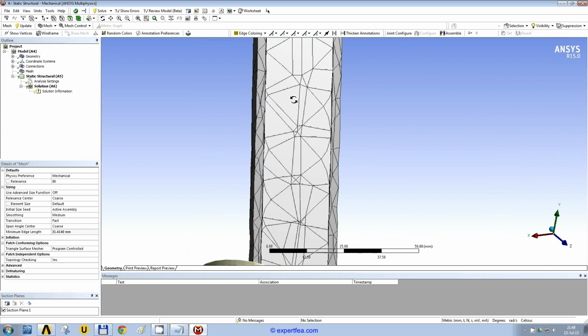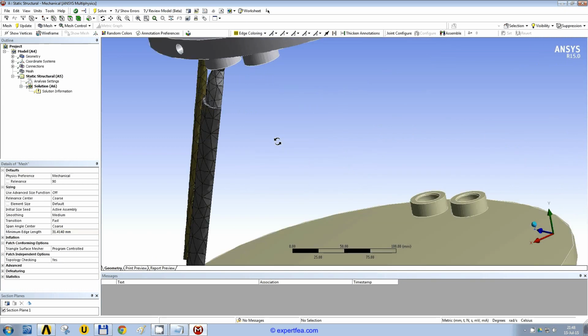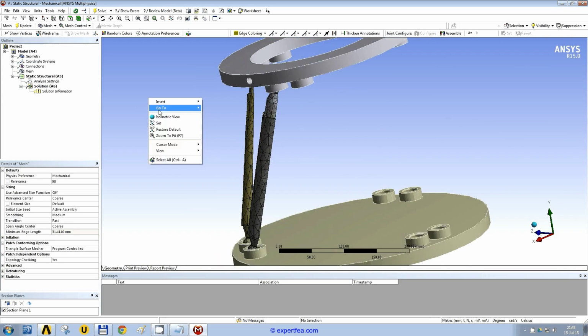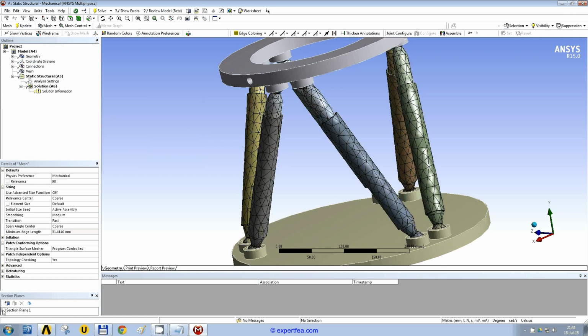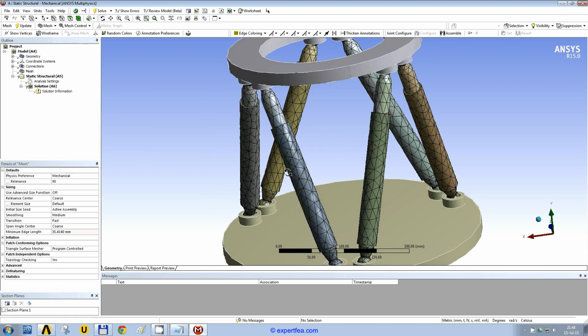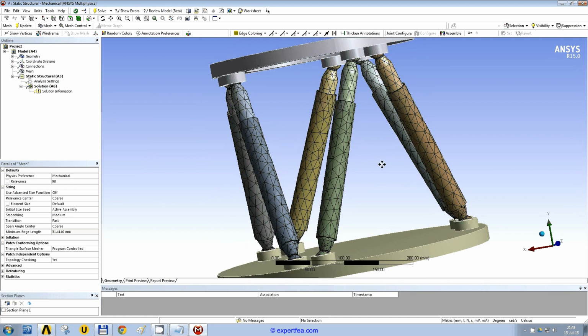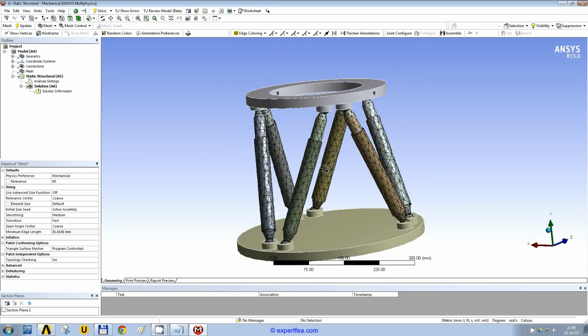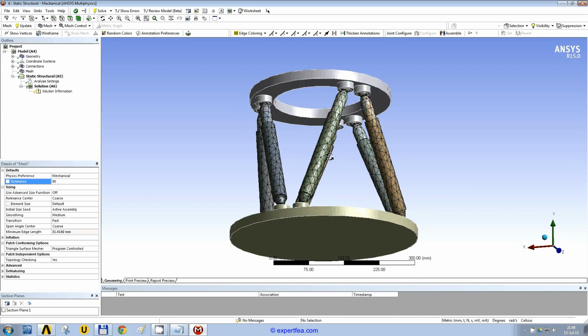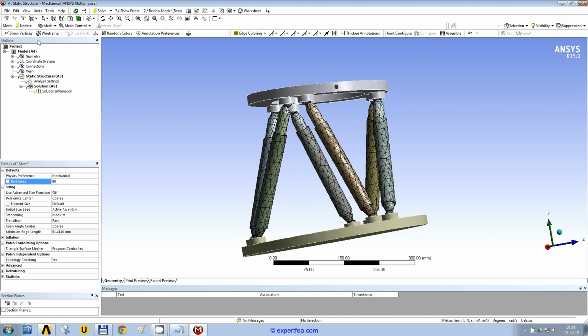As for the purpose of this tutorial, this mesh works. Because you have the 3D model on our website, feel free to increase the mesh size. Just use your imagination. Regarding the loads,